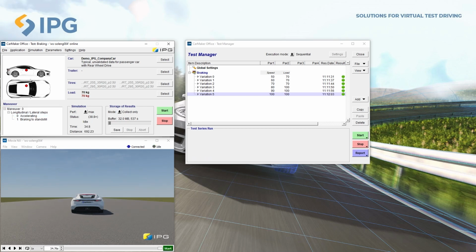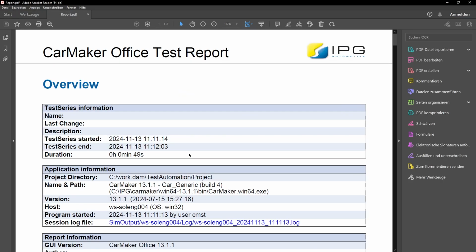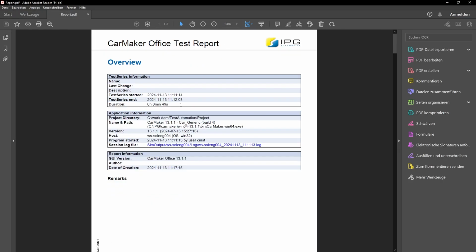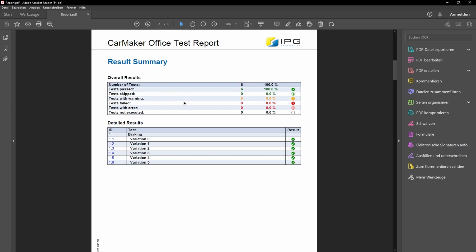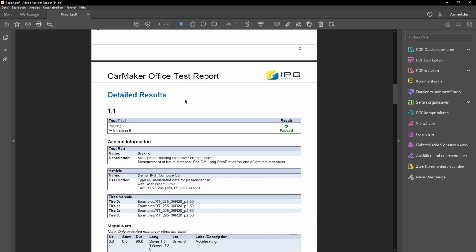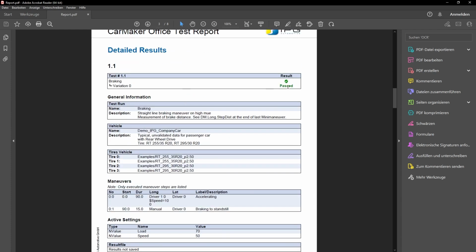Now let us look at the report of our test series. We have multiple reports for different values here. If we consider the first variation, the result here is passed, or here, as explained before, completed.